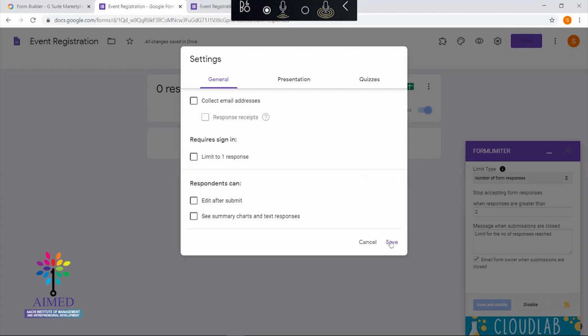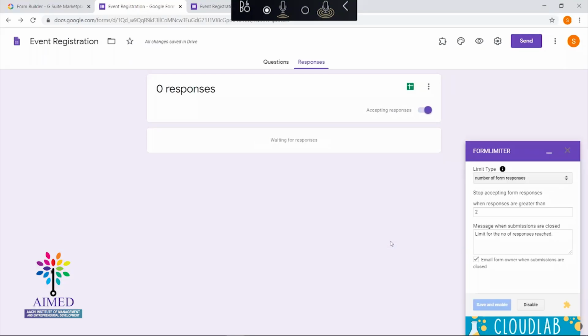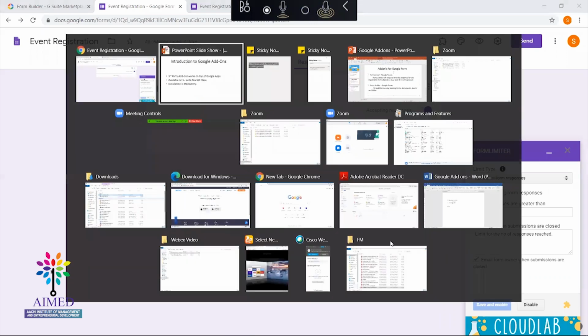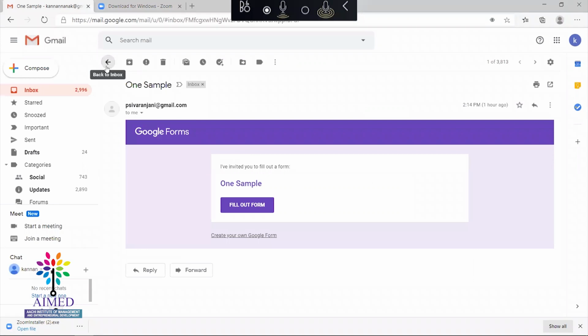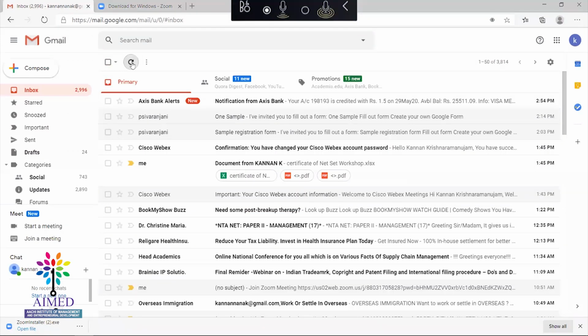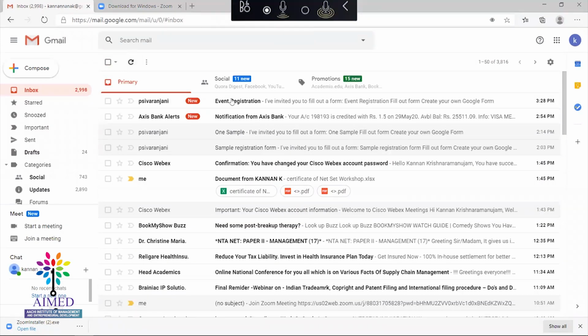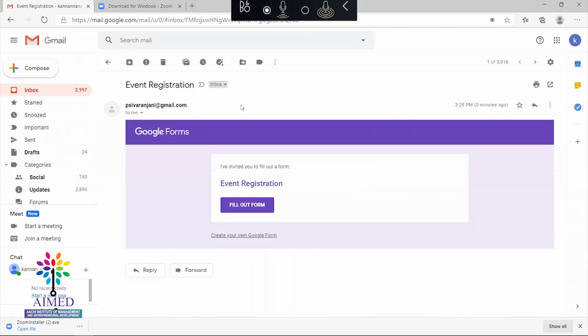Now I have created a form as an organizer. Now I'm going to log in as a participant for this particular event. Let me open that participant login using Edge. So if you see here, I got the event registration form.